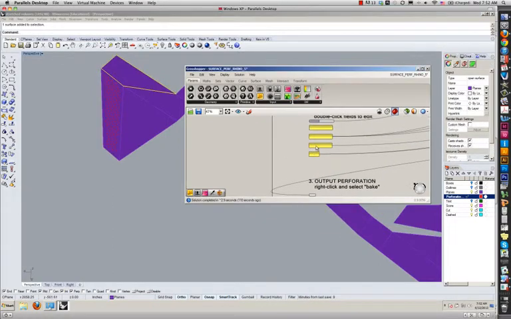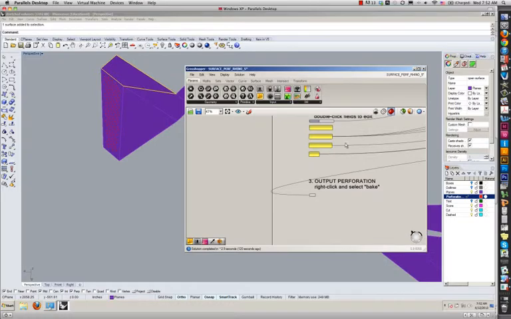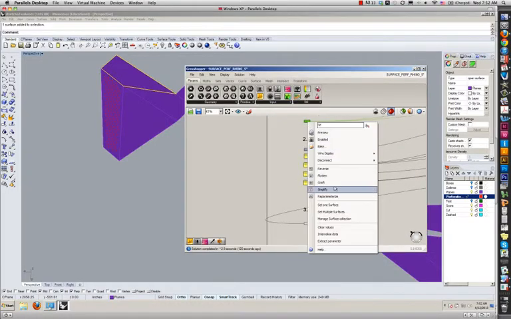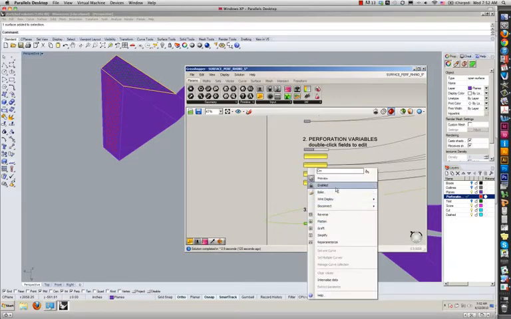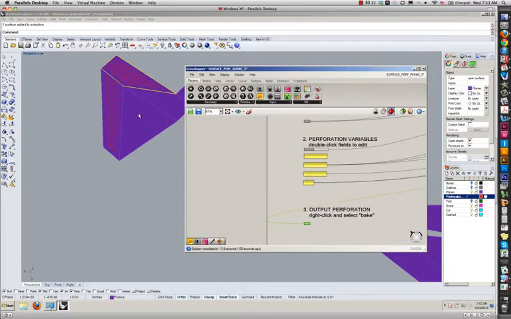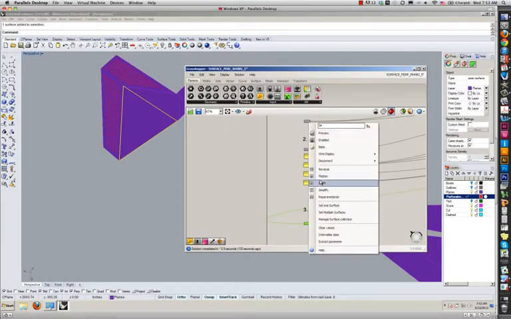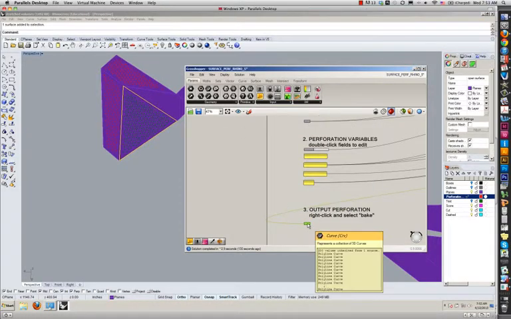for all of the different surface segments that you want to have perforated. Bake. Okay, same thing here, set the surface. Because of the way the script is set up,